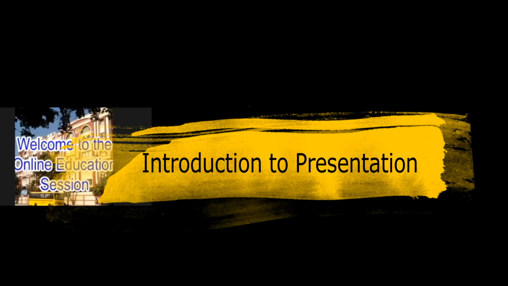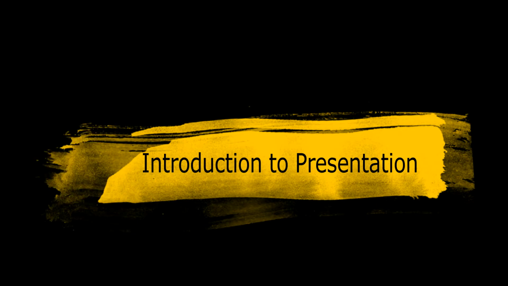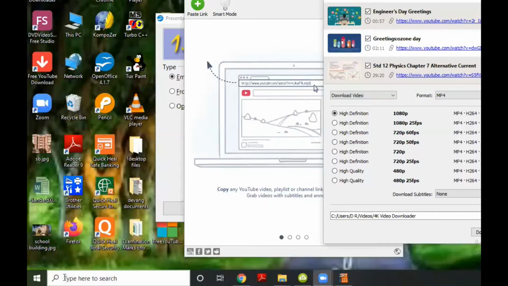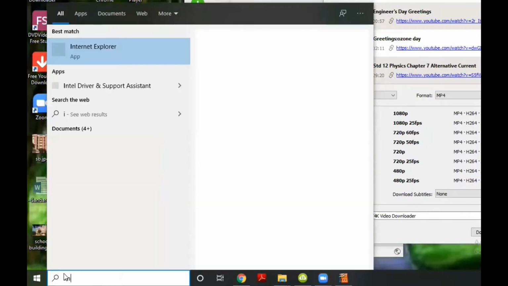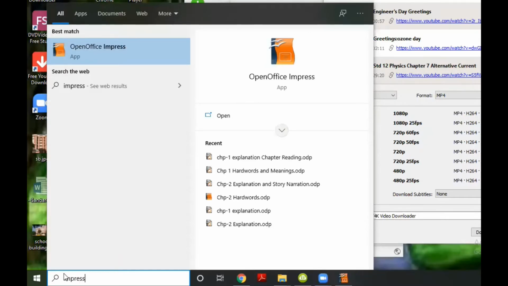So now we are going to start with presentation. And for creating presentation, we are going to use a software that is provided by OpenOffice. So how to start that software and which software is there? So that is Impress. Okay. So how to start Impress from OpenOffice? You can start it because it is part of that package of OpenOffice.